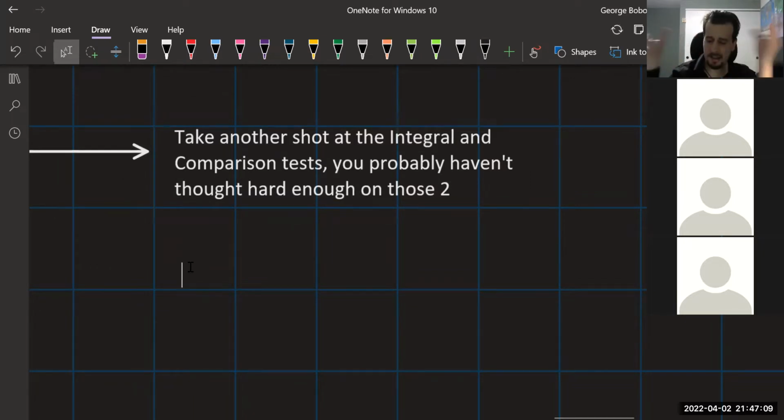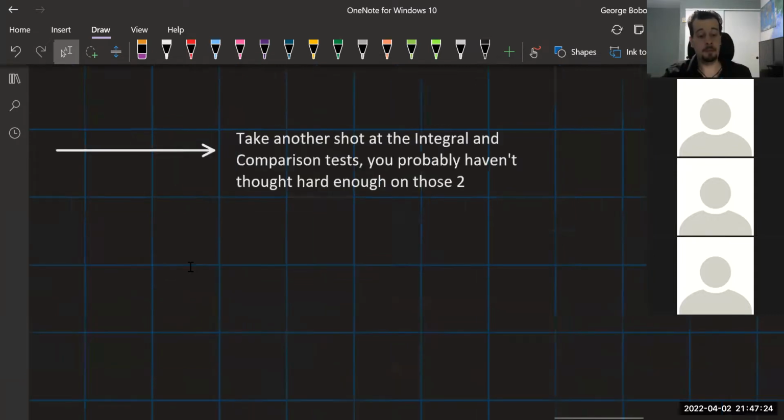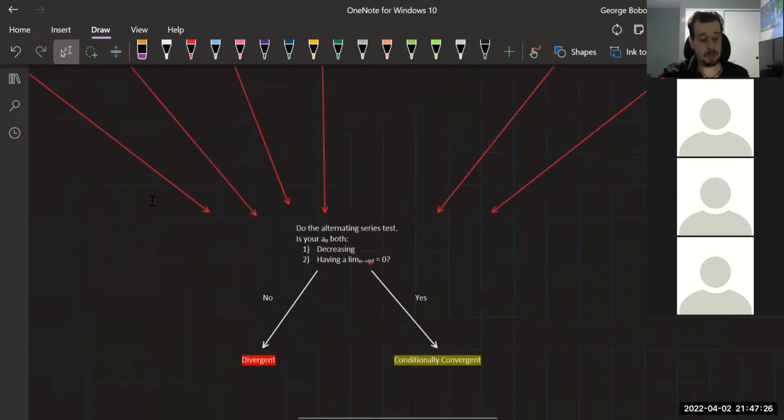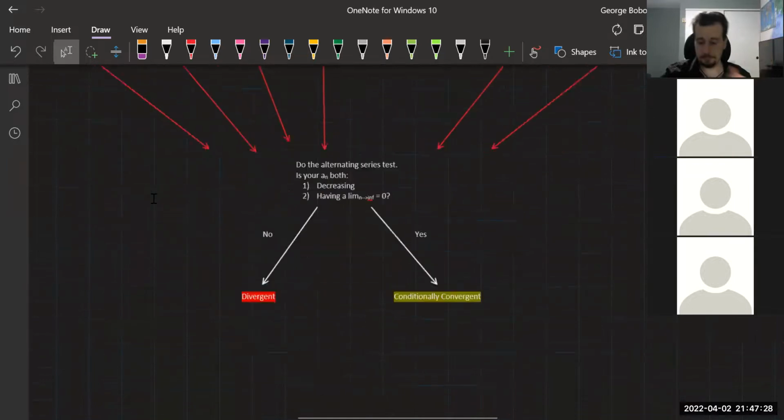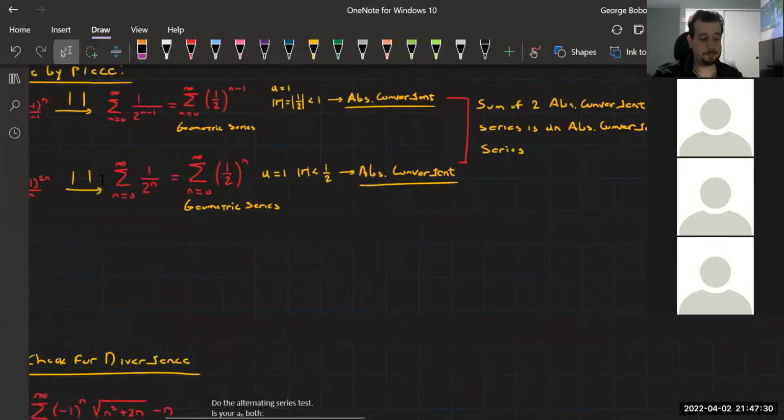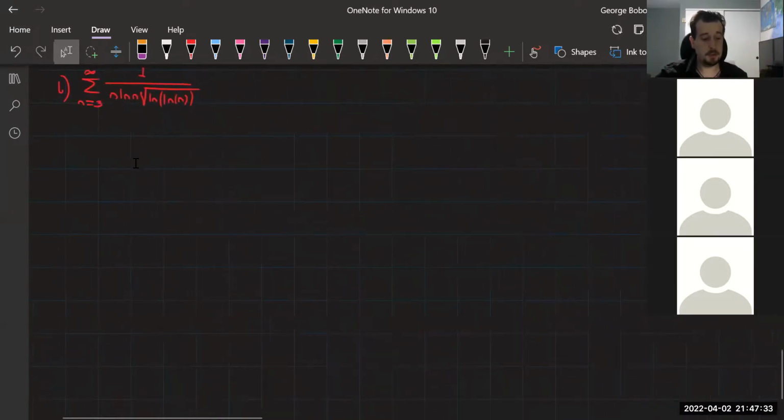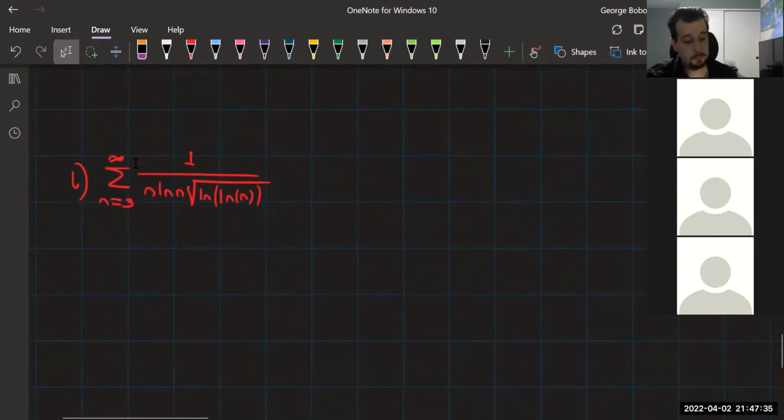So you're going to be like, I don't want to integrate. I barely remember the methods now. So don't. Take the time to think if this is actually integrable, because it was. And it's such a simple integral too, once you realize the u sub you need to do. Okay, for the integral test, before we can use it, we can't get too excited. You need a couple of things.